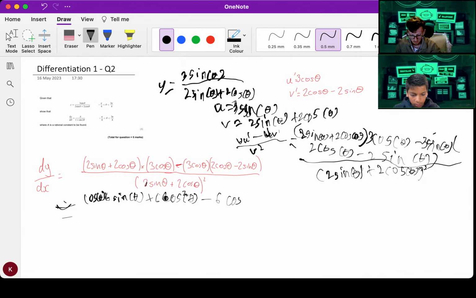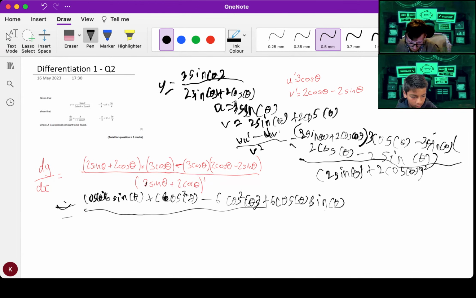Okay, so then minus 6 cos squared of theta plus 6 cos theta sine theta. Good. divided by